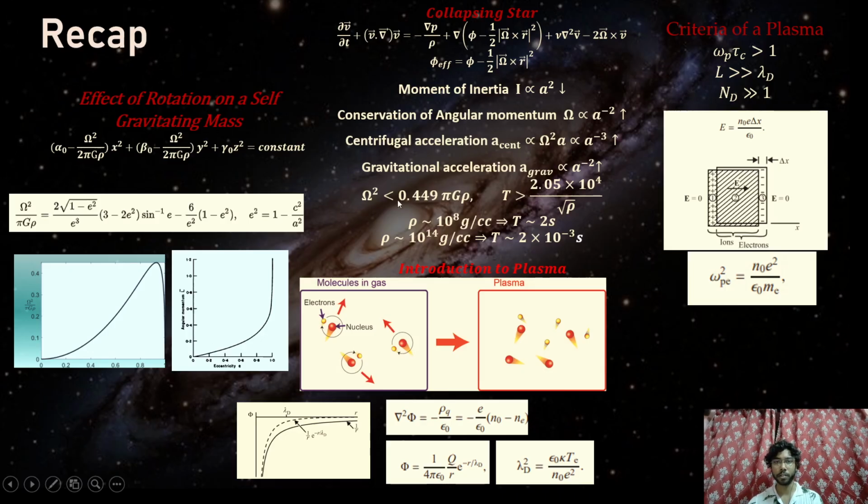And we also did an order of magnitude calculation, showing that, from this graph, omega square should be less than 0.44950. The 449 is the maximum value of this graph. And if we do,